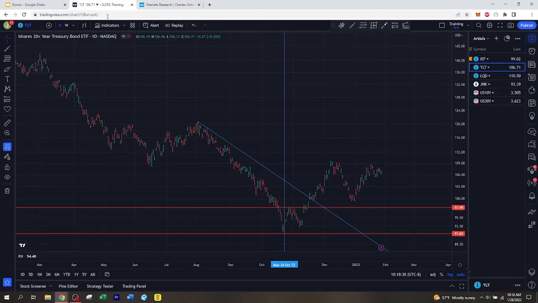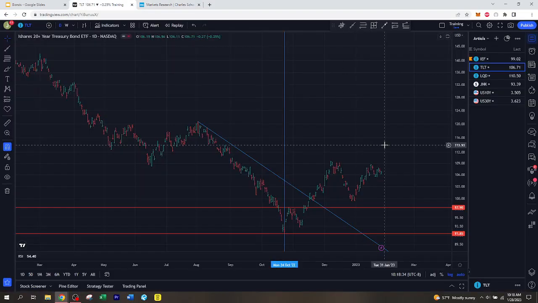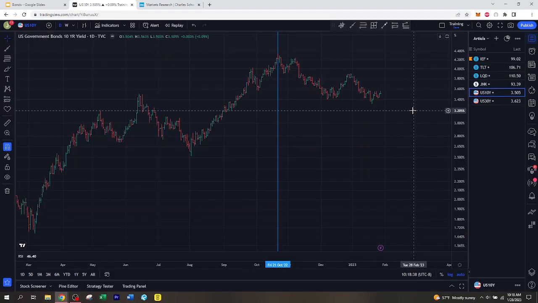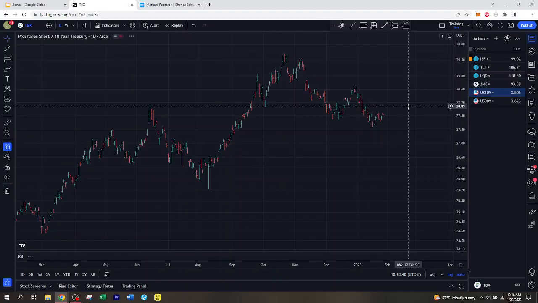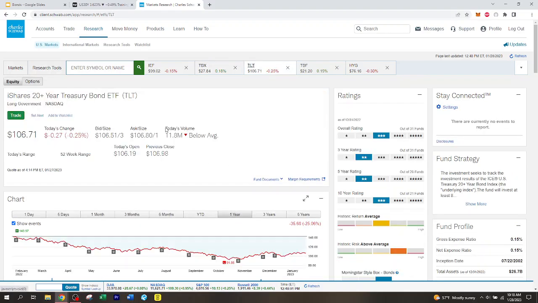And if we go to that chart, what's the ticker on that? We got TBX. So here is the 10-year bond yield. Then we go to TBX. You see basically the same exact thing. This is how you get exposure to yields without having to worry about opening any of those riskier accounts. And then TLT, same thing as the IEF, just with longer duration bonds.